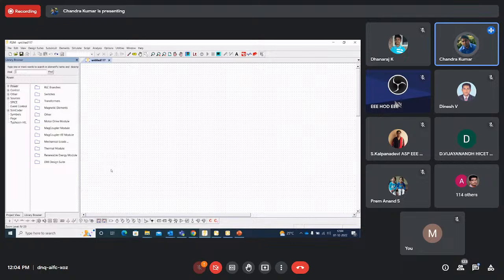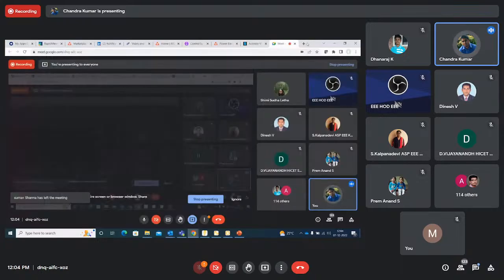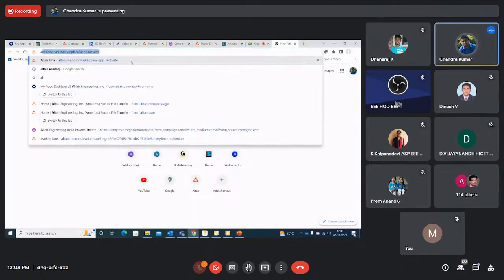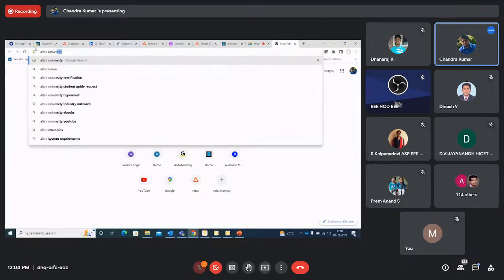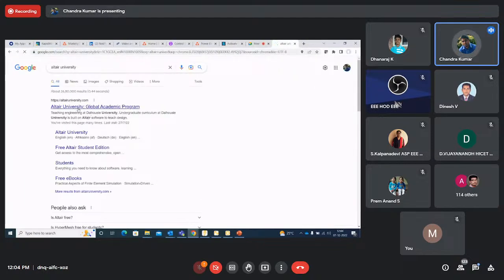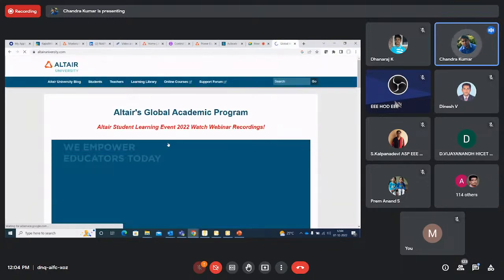People can visit alteruniversity.com, where I'll show you the portal. Students can download from Altair University. If you go to alteruniversity.com, people can get a 1-year license where they have to give the right information.